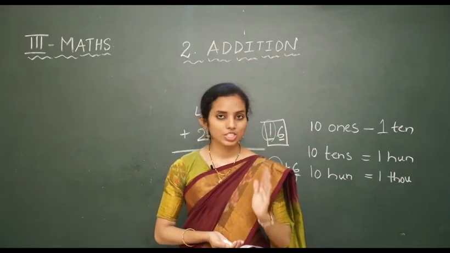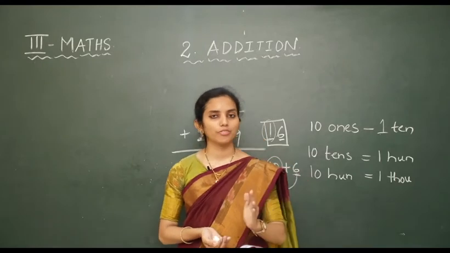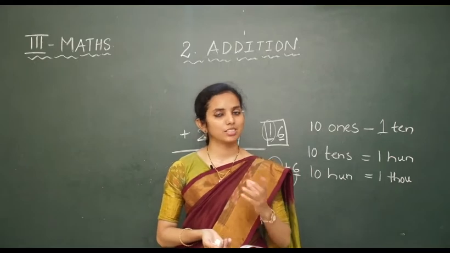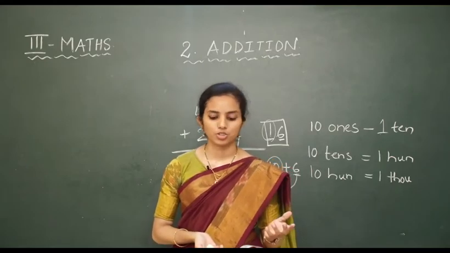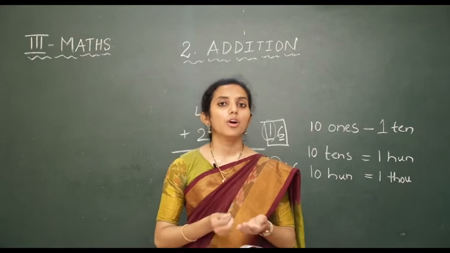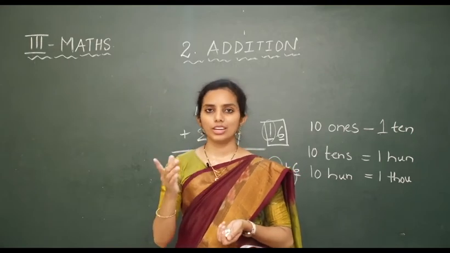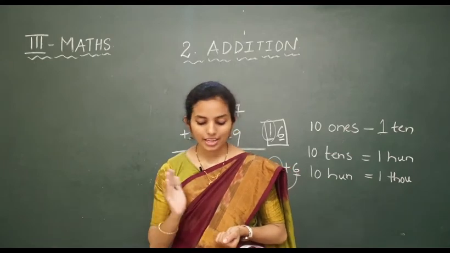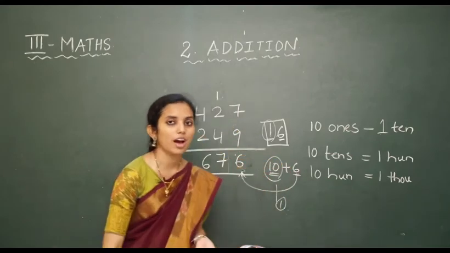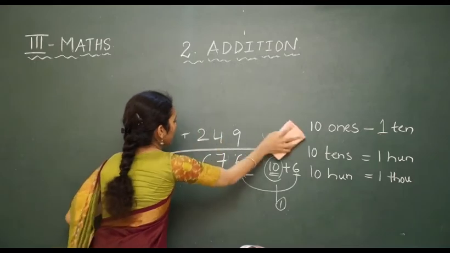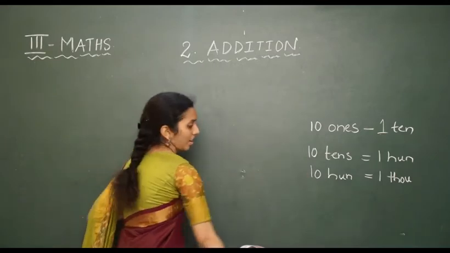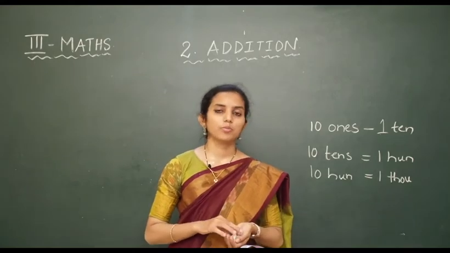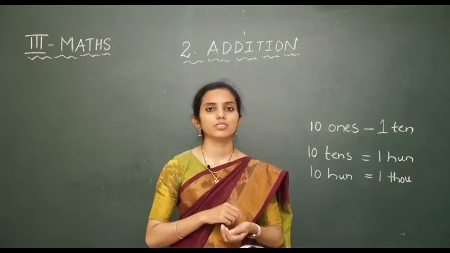There is a stationery shop. Stationery shop, all of you know, where we buy pencils, books, notebooks, sharpeners, erasers and such things. That shop is called a stationery shop. So, in that stationery shop, how many books are there? 249 books are there, and to that 249 again 346 books are added. 346 books are again bought and kept in the book stall. So, what is the total number of books available?